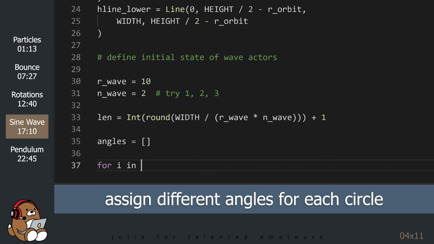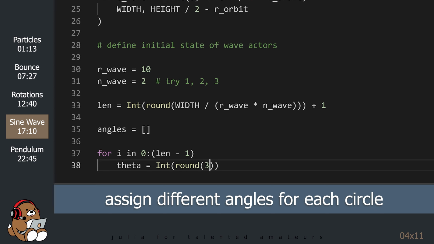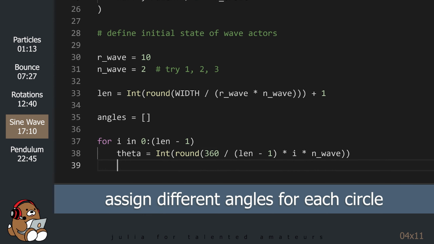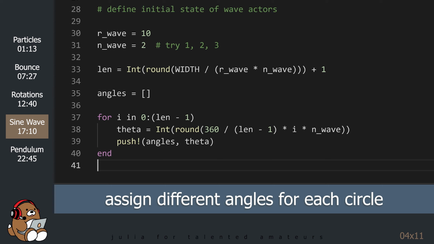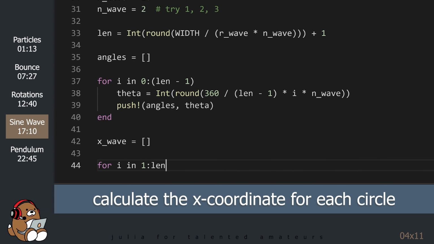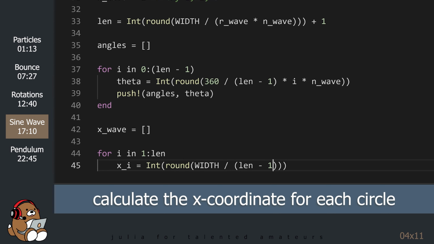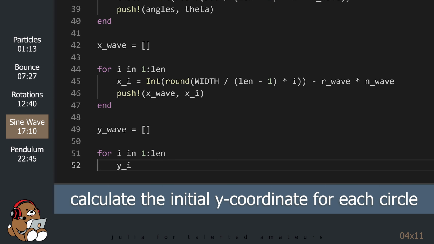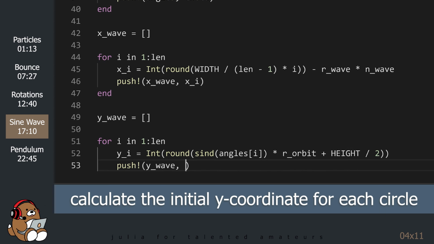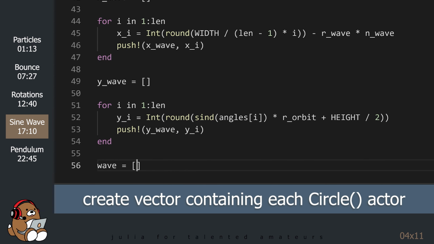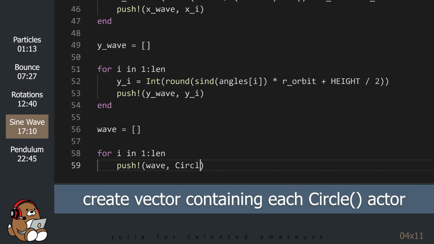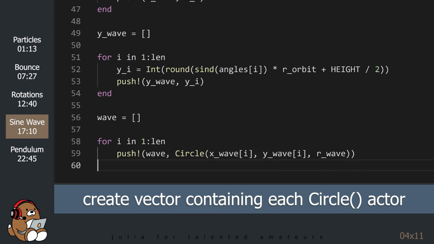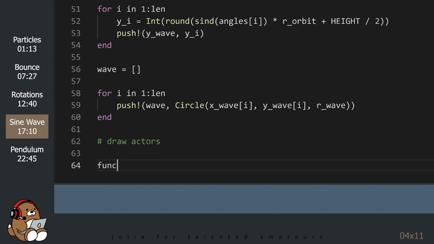This will give the illusion of a sine wave moving across the screen. Next, we need to draw all of the actors.